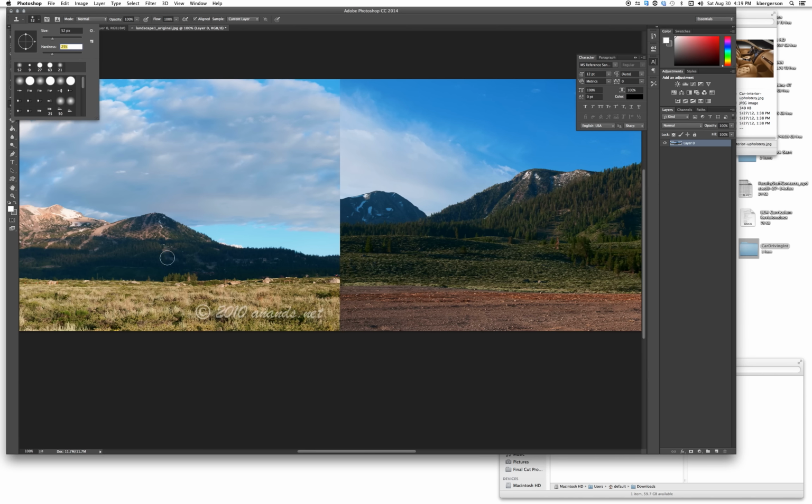So first thing you'll do is you'll hold down the Option key to get a target, and then you'll left click, and then if you click and just hold down the mouse and drag to the right, it will clone that data just above it in a straight line. Okay, and I'm going to now hold down the Option key here and click, and then I'm going to click and hold, and so if we erased the copyright mark,